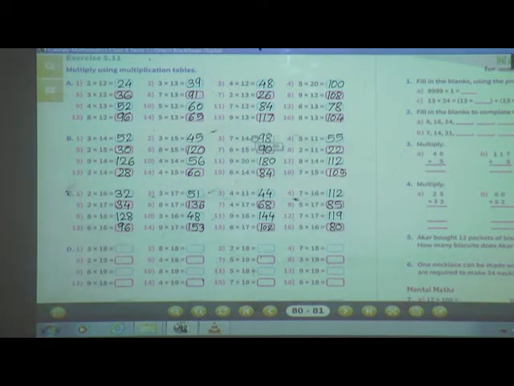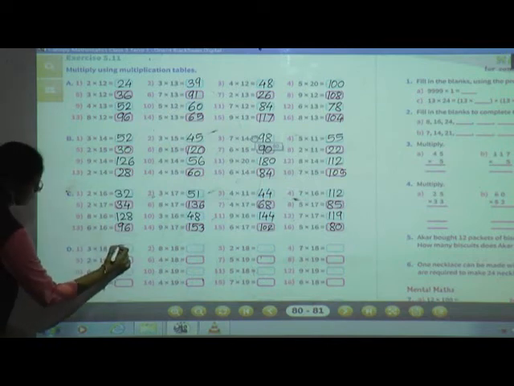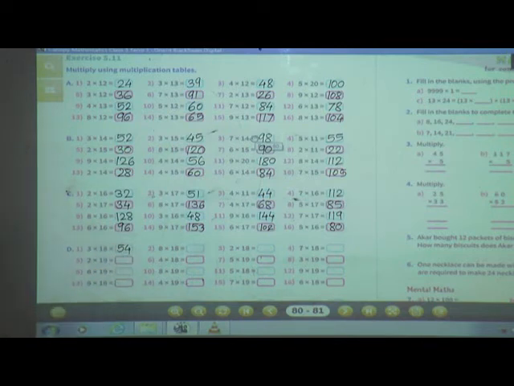See the numbers. First one is 3 into 18. Now here you have to say the table of 18. 3 into 18. 18 3s are, say the table of 18 in your mind and tell me the answer. 18 3s are, yes, 54. Correct. Right. 54. Write in the given box. You have to write the answers along with me.